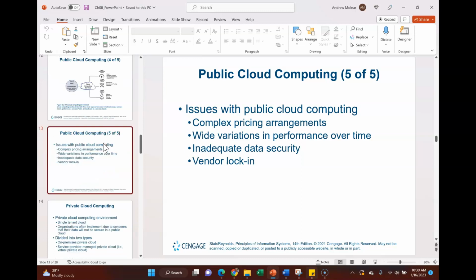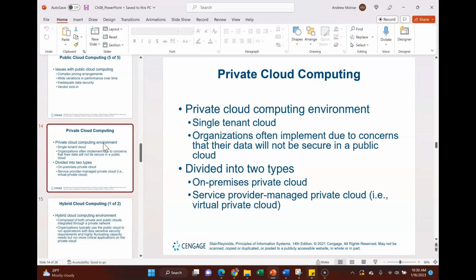There is also, besides public computing, private computing. So the private cloud is a single tenant cloud. You get your own cloud. And organizations often do this because of concerns the data won't be secure in a public cloud. Though I will be honest, my company is in a public cloud and its security is industry standard, leading industry standard.